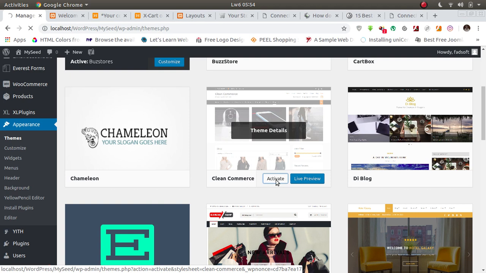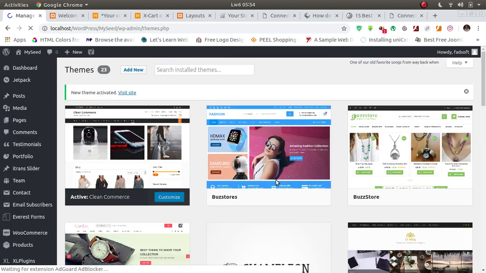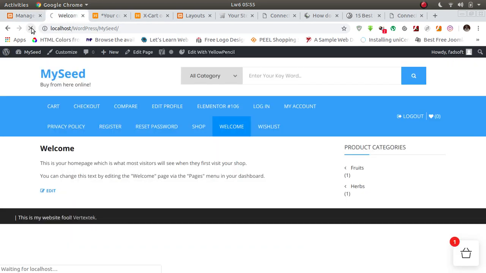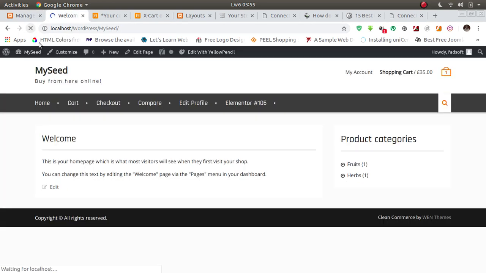I can activate it first and see what will happen. It is somehow slow. Now if I reload my front page, you see "Copyright, all rights reserved, Clean Canvas".